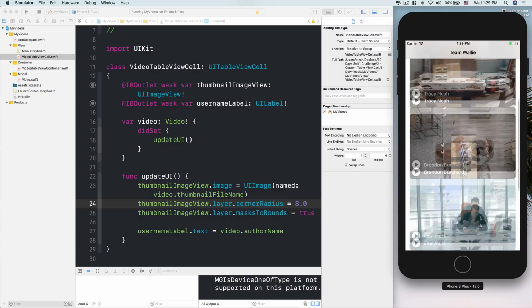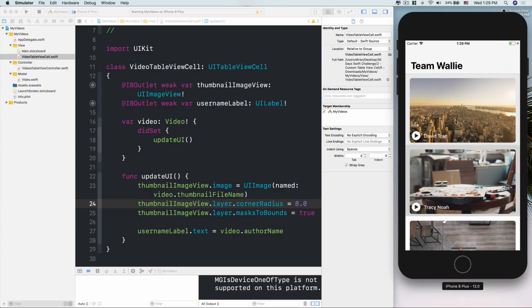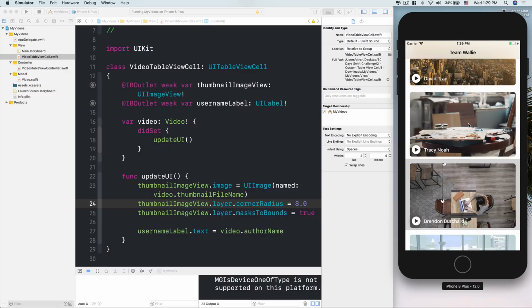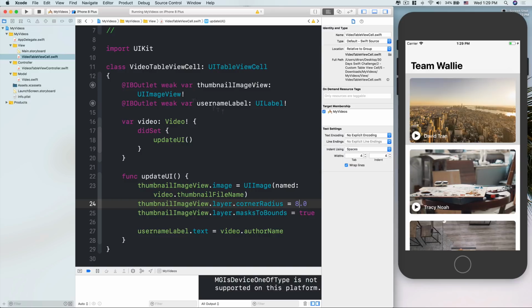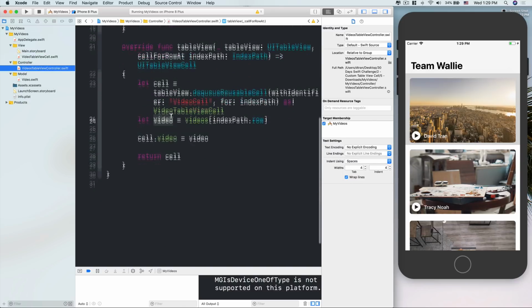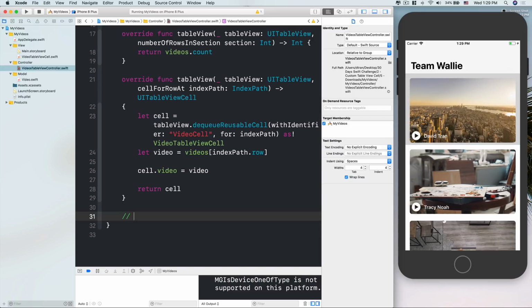Looks better. All right. Now, last one is, you see that when we select this guy, it grays out the table view like this. We don't want that to happen. So what can we do? Let's go into the videos table view cell here, below here, I'm going to have a mark called